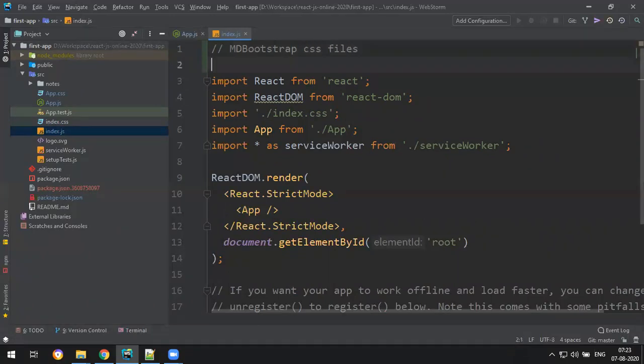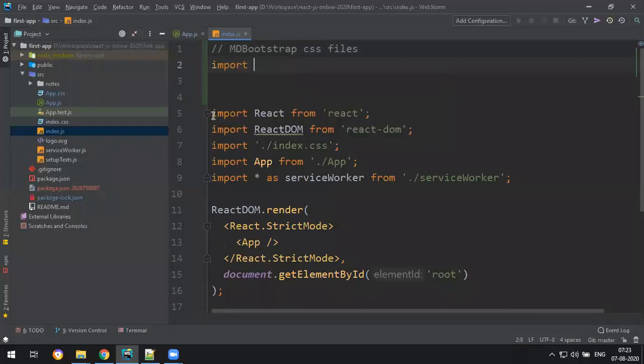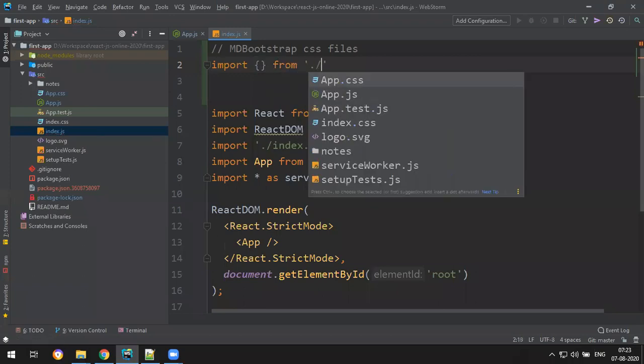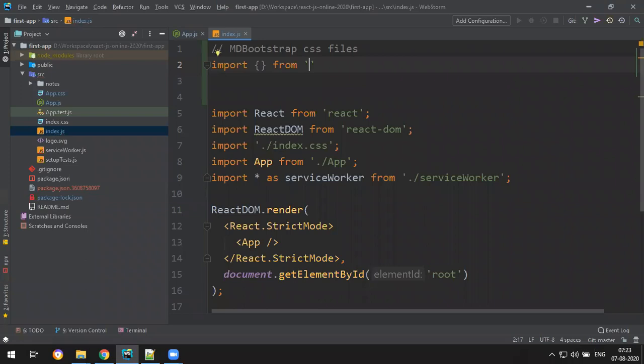So how to connect is very simple. Let's say import. You need to give MD, not that one. Actually, you can do it directly.